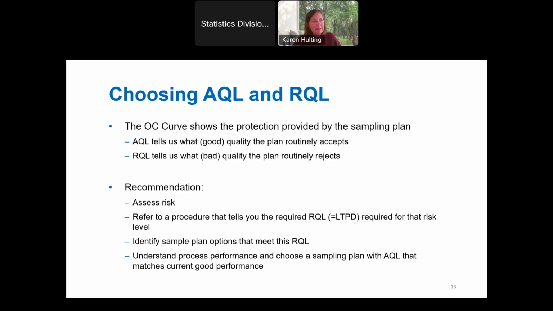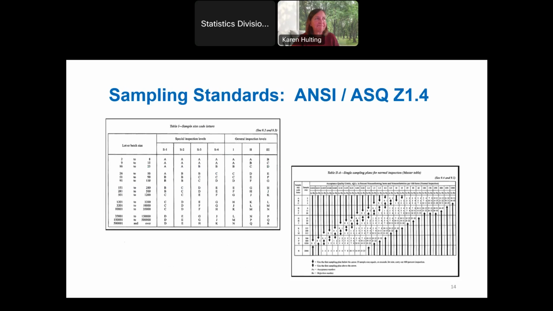Okay, so there's the method. A plan has statistical rationale if it has that risk assessment, and then you have matched the risk with the right level of alphas and betas, the protection that you are provided. And so this is a prescription for having statistical rationale in your sampling plan.